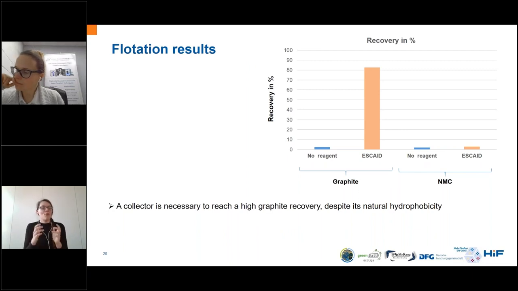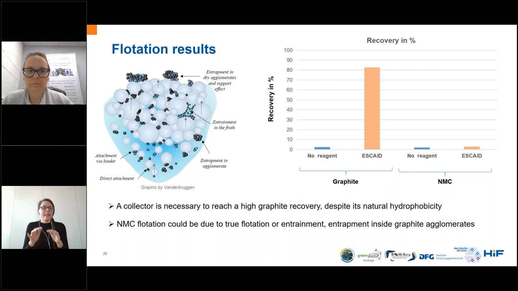Okay, so we also did some real flotation tests. Here we can see the recovery in percent. So we have the graphite and the NMC, again, without reagent in blue and with some reagent in orange. And here again, you can see that when using the Ascade, we have a recovery of graphite above 80%, which is really nice. For the NMC, we do have some recovery, which is probably due to, there can be many